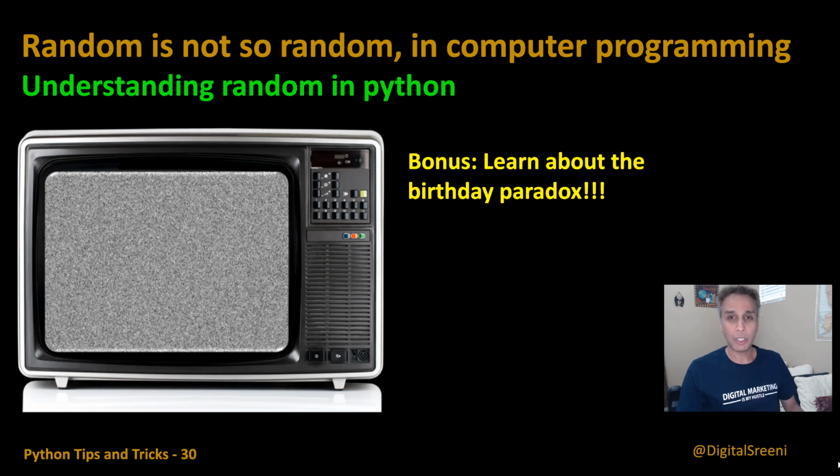Okay, now let's jump into the code so I can explain a couple of things about random, including the random seed. And why am I doing this video? As always, whenever I do these Python tips and tricks, it's primarily because many of you asked me about it. The key question that many asked is, what in the world is this seed? Why are you using the number 42 for the seed, and so on? So let's jump into the code and answer these one by one, in a conversational way.